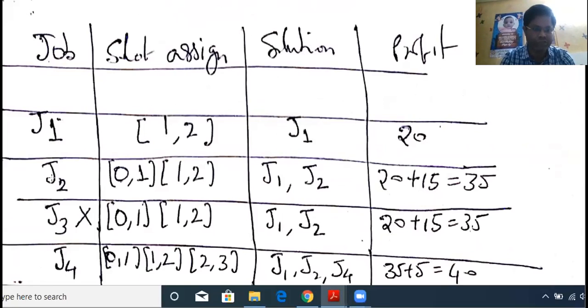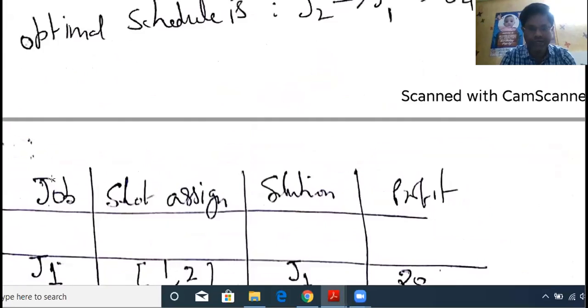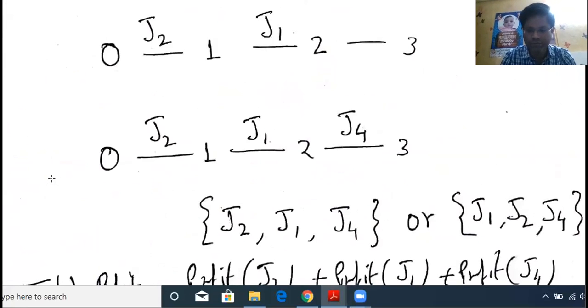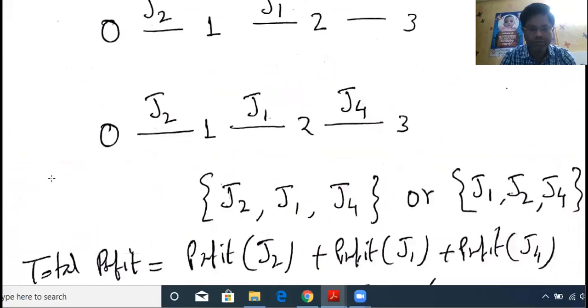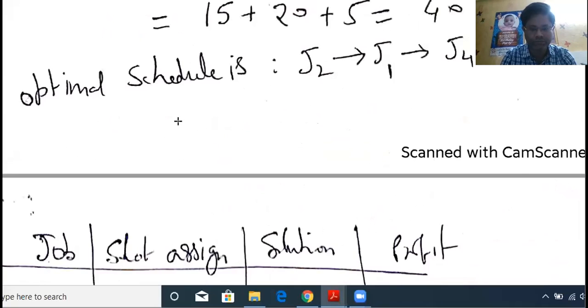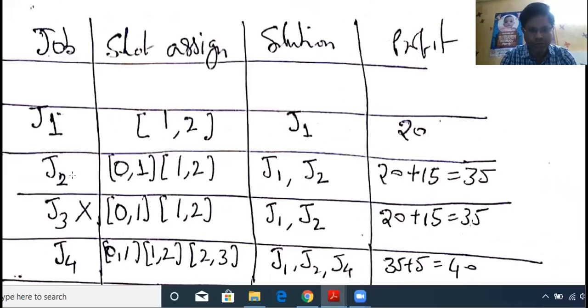Now in the next sequence, the job is J2. So let us see whether we are able to allocate J2. Yes, job J2 is allocated in slot 0, 1. But since we have already allocated slot 1, 2, we have to include that in the J2 row as well. It means the assigned slots are 1 to 2, that is assigned previously, and for J2 at present the slot is 0 to 1. It means we have to write both 0 to 1 and 1 to 2.